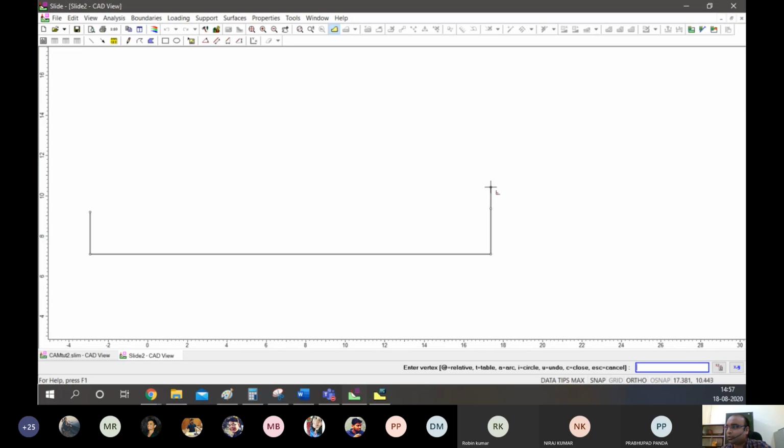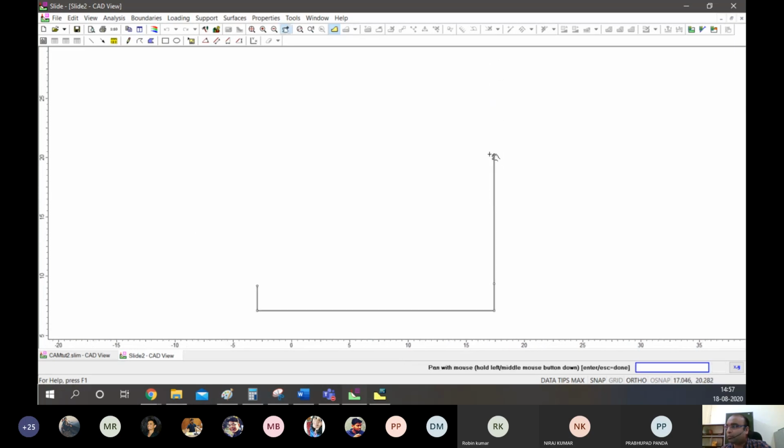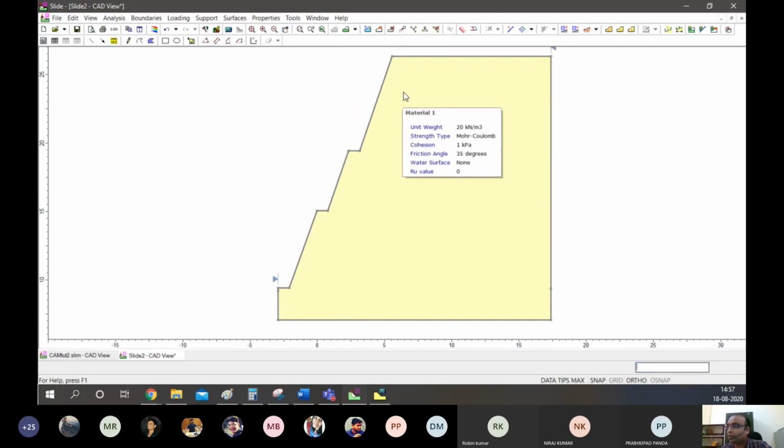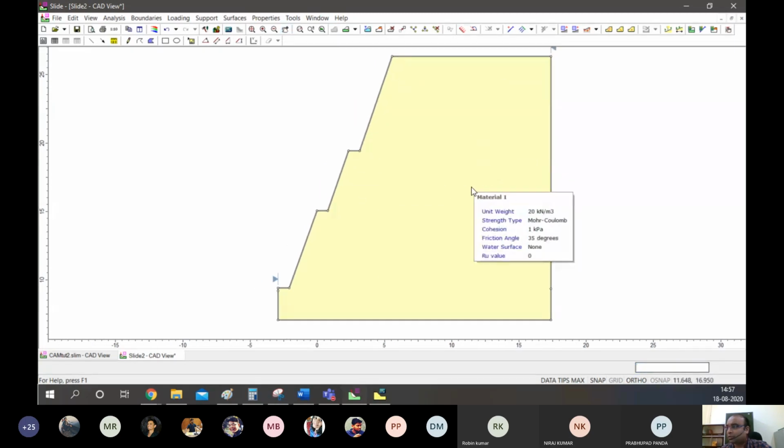And the main dump, if we cut a cross section, will be similar to mine benches, but the berm would be very small because no dumper or any movement is required, and the base will be stable, right? So a typical external dump can look like this.